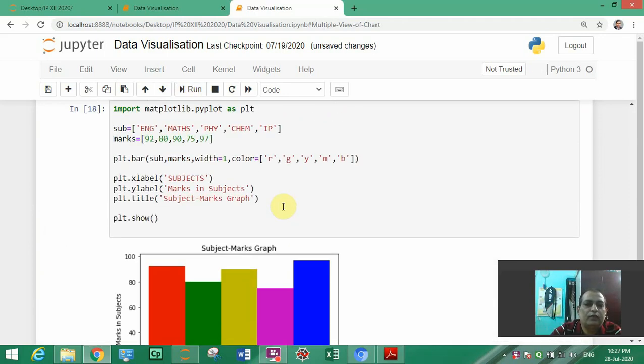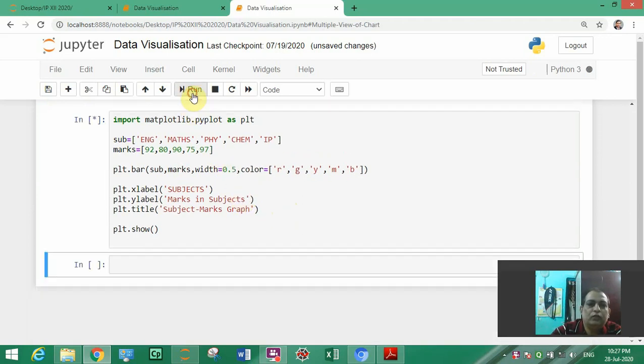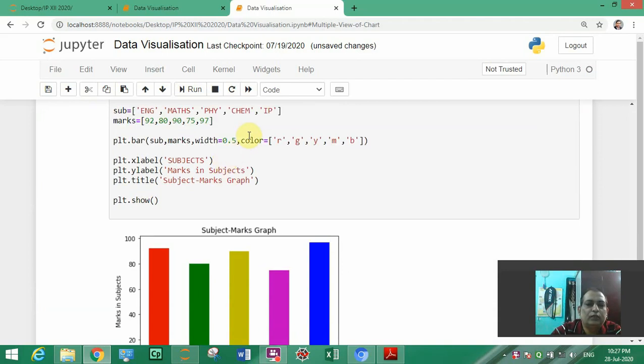So all have come in equal part. So to make it small, I'll write 0.5. So 0.5. Now what is coming? Yes, you can see that bars are coming in.